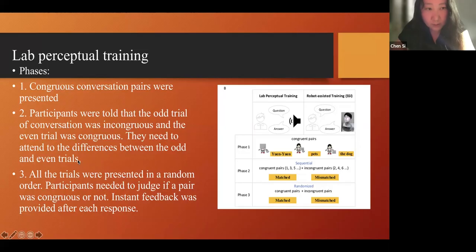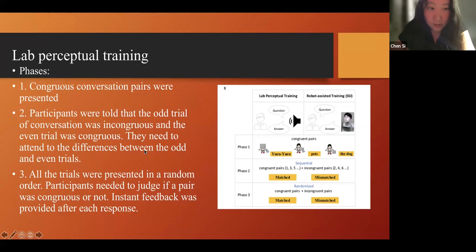But in the second phase, they were told that some of the conversation pairs are matched, but others might not be matched. Say you ask, "Who is drawing the moon?", but the answer actually has broad focus, so that can be considered as mismatched. Participants were told that the odd trials, so the first, third, fifth trials, are incongruent, and the even trials are congruent.